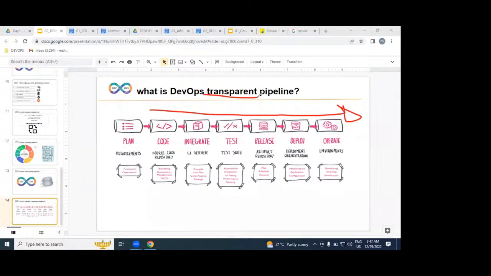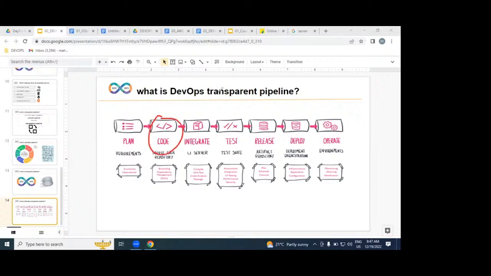To increase speed, to increase quality, and to decrease cost. For that purpose only, we implement our DevOps process from the dev environment to operations. So let us understand this DevOps process stage by stage, and what the roles and responsibilities are in each and every stage.